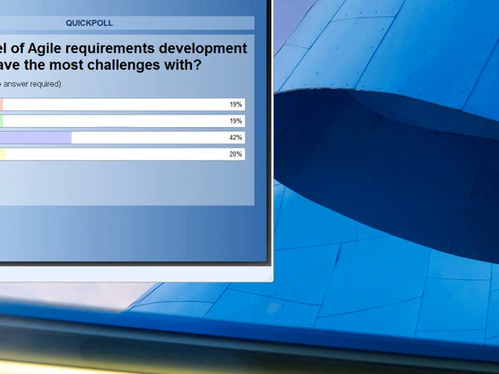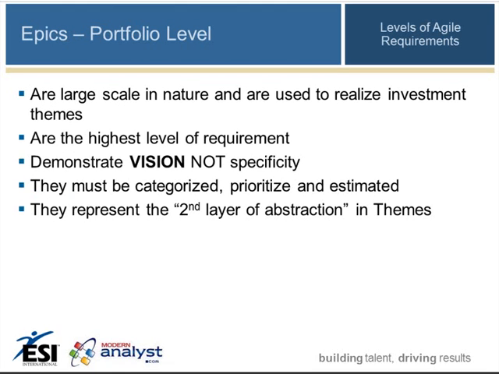The epics at portfolio level are large-scale in nature, as you can see, and they demonstrate the vision. So this goes back a little bit to the visioning slide we examined earlier. They do not drill down into specificity. So it represents that second layer of abstraction. Theme, as we looked at on an earlier slide, might represent something fairly esoteric, like the job seeker. The epic, then, is defining what